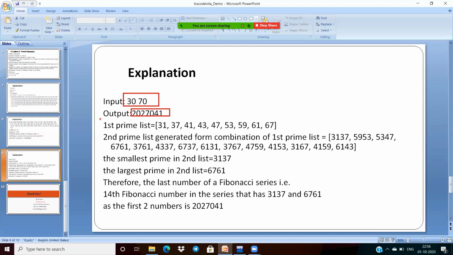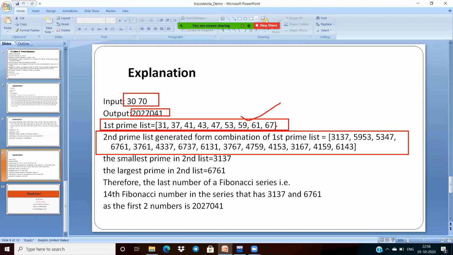So what is the first prime list? It consists of these prime numbers here. From this, we will get the second list directly. I am doing some implementation, and this is the finalized list here. From this, find out one minimum and maximum number, and count the total. These are total 14. Now we require the 14th Fibonacci number, that is